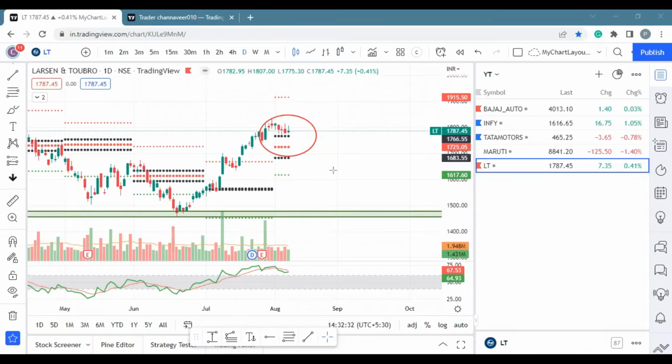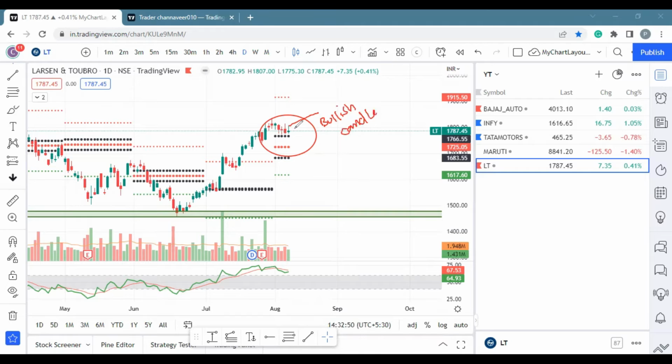In rule number 3, I have clearly given you what would be our entry and stop loss with respect to the price action. But when you are trading with a CPR or when you are trading with R1 or S1, it becomes very important to apply our stop loss very logically. So let's take this example of LT. You can clearly see that there are so many small candles or red candles being formed.